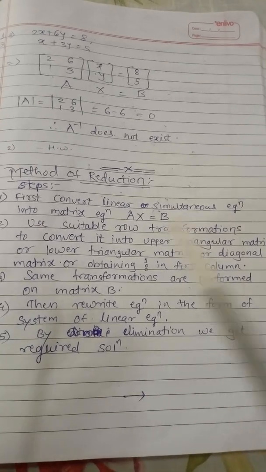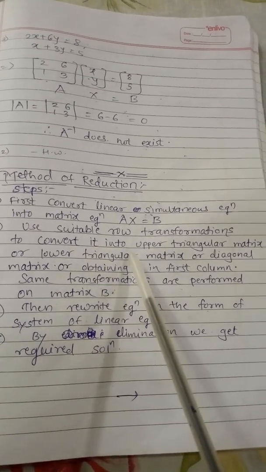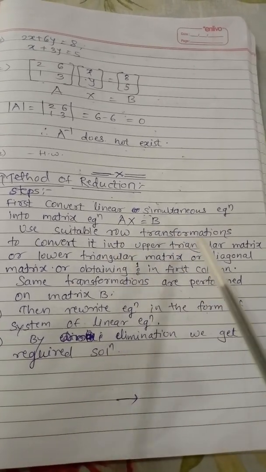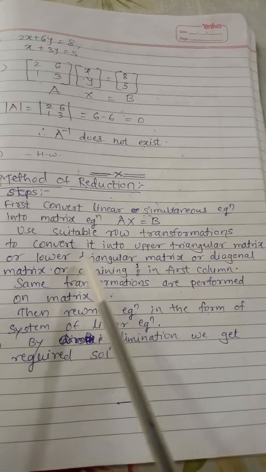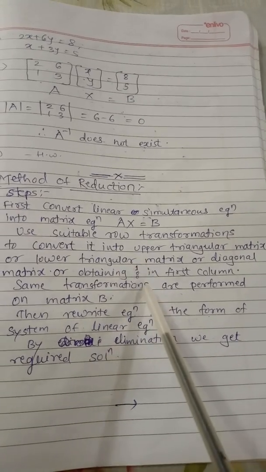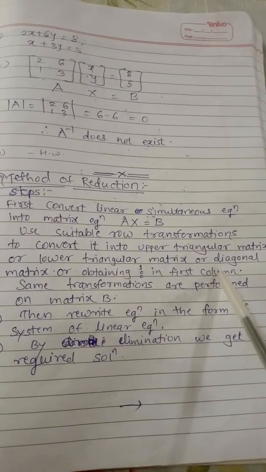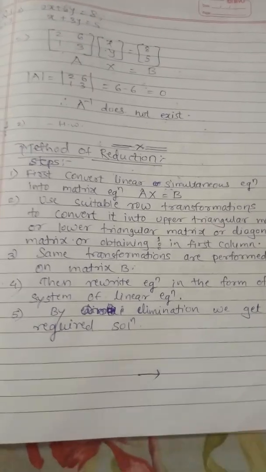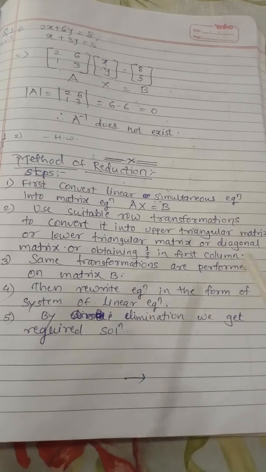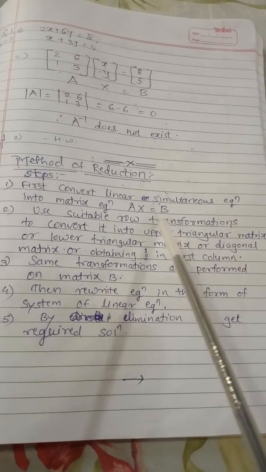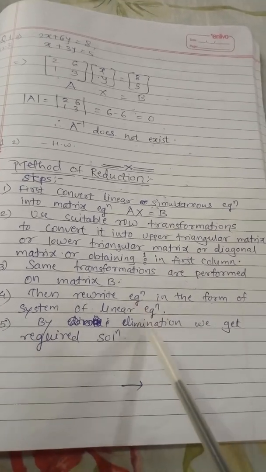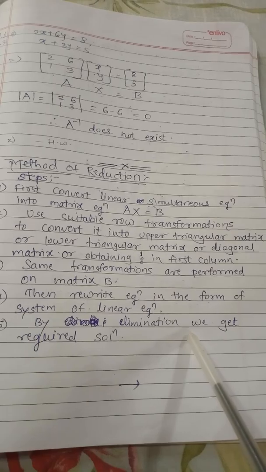Next, by using suitable row transformations, we have to convert this matrix equation into an upper triangular matrix or lower triangular matrix or diagonal matrix, or just obtain 1 0 0 in the first column. So these are the three to four options. Next, you have to use the same transformations in the matrix B also. Then rewrite the equation in the form of a system of linear equations, and by elimination lastly we get